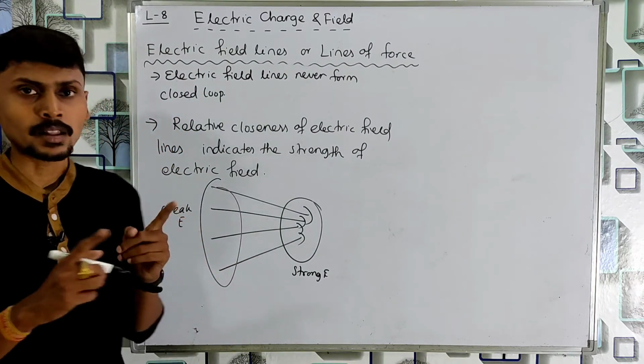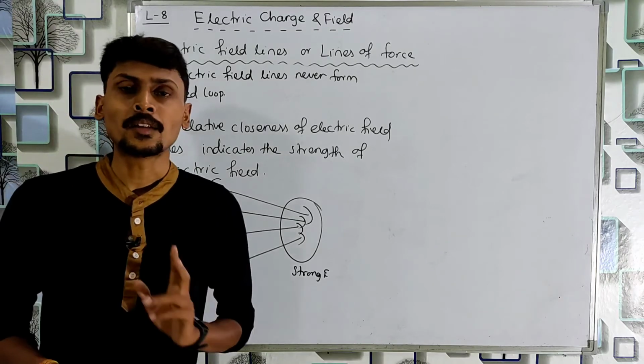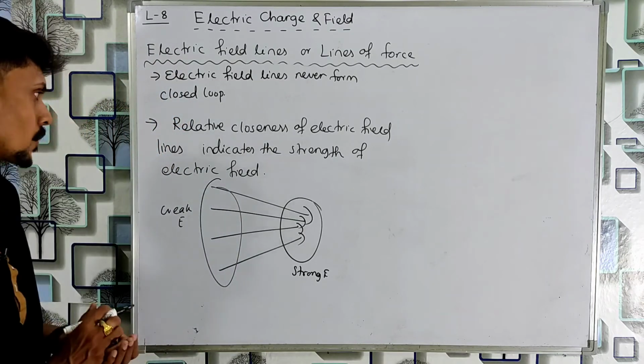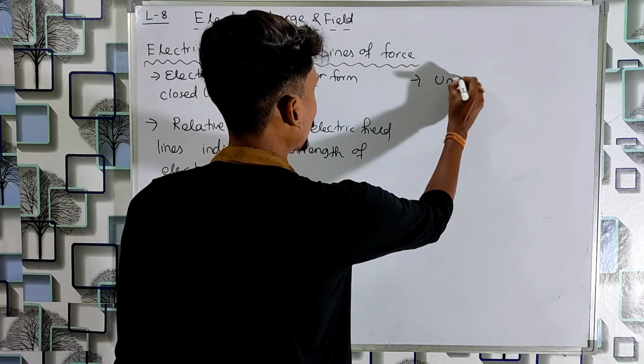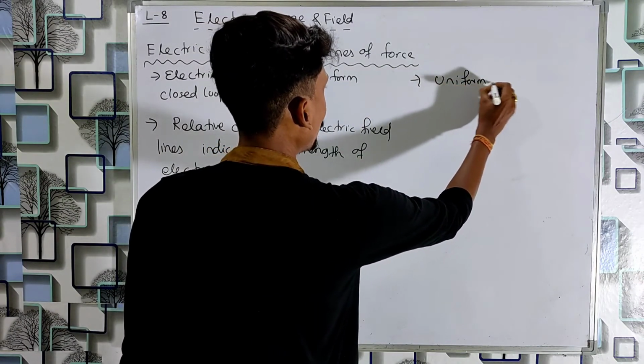If the separation between the electric field lines is less, then the electric field is strong, and if the separation is large, then the electric field is weak. Is that clear? And if we have a uniform electric field